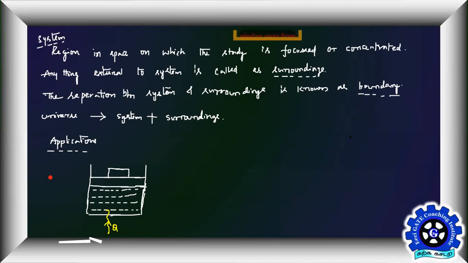So let me take the same statement, but I'll talk in a different way. See here, our job is to see what this gas will do if I supply some heat Q to this gas. It gets some energy when you supply Q, and this energy will be used in lifting the piston. Why? Because this piston is flexible. This piston can move up and down, whereas these cylinder walls cannot move.